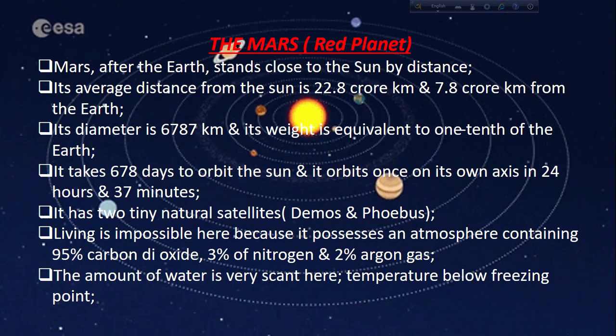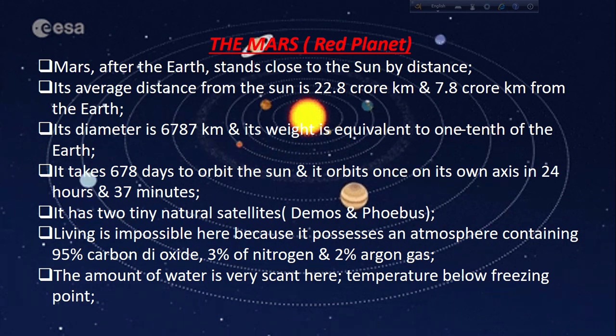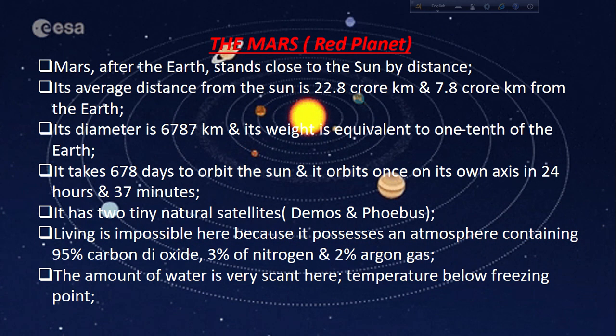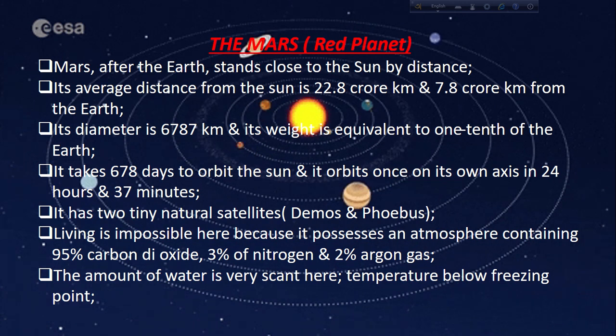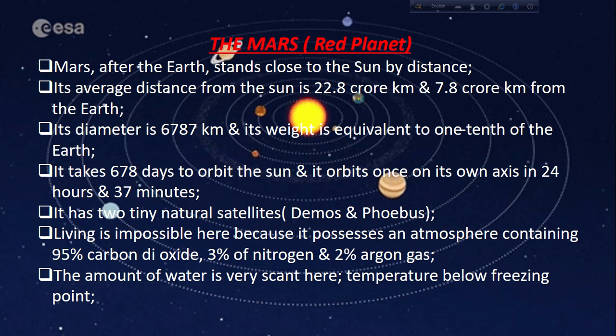And among these terrestrial planets, the last one, Mars, is known as the red planet of the solar system. Mars looks reddish because its surface is red in color, and the surface is dusty, and there is a very light atmosphere there, and water may be present as the available reports show, but a very scant amount of water here. Mars, after the Earth, stands close to the Sun by distance, its average distance from the